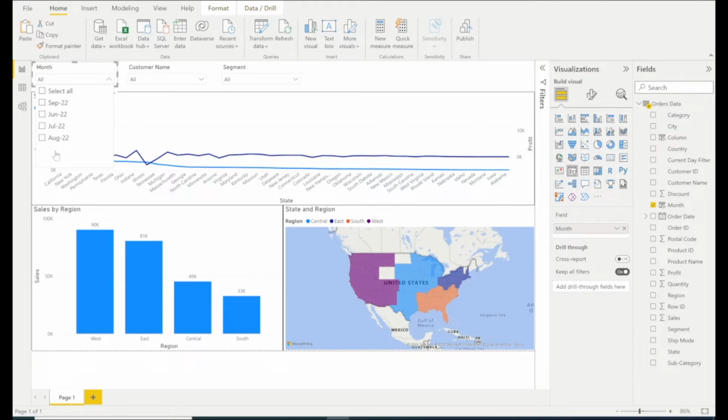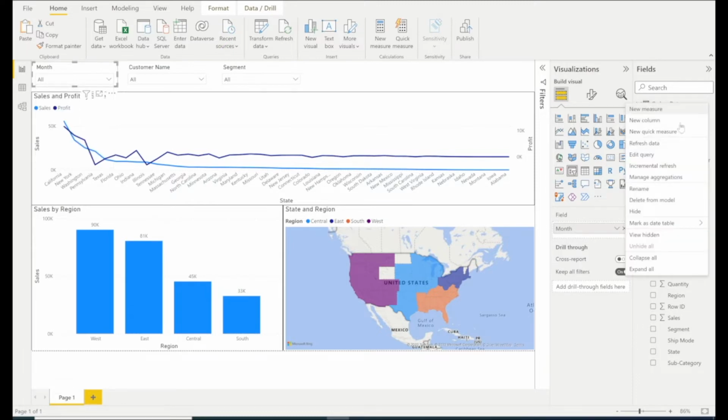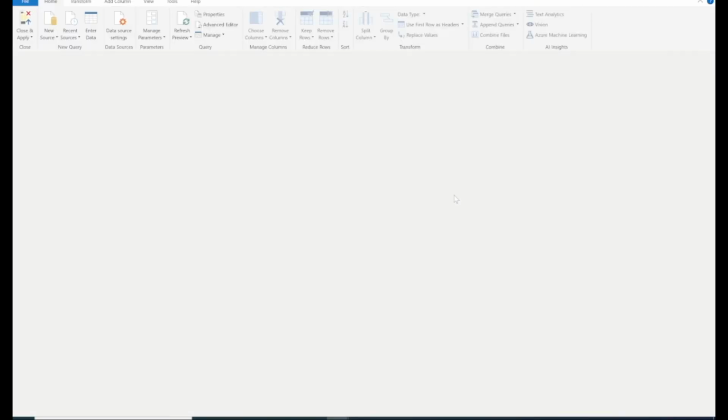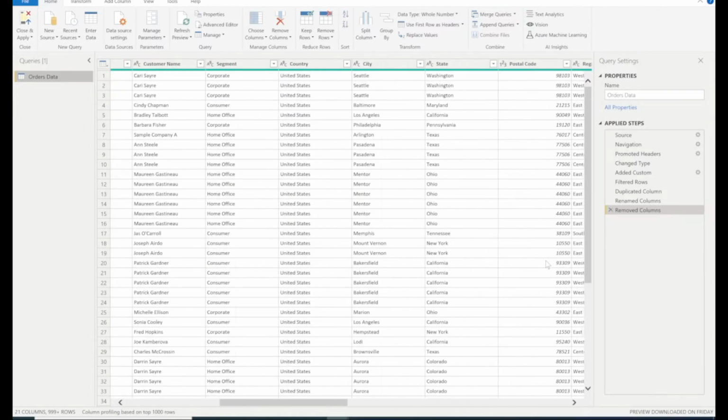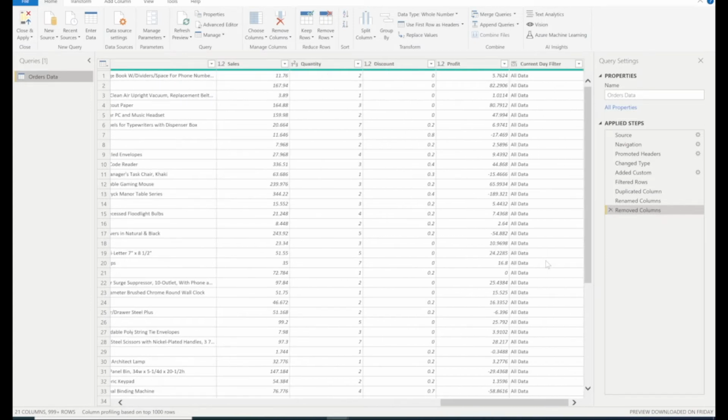If they want to see current data, they can see the current month. So for that, we have to use the calculation. So for that, we have to go to the Power Query. So I'll say edit query. So I got this edit query. So what we'll do, we'll break the whole calculation into different